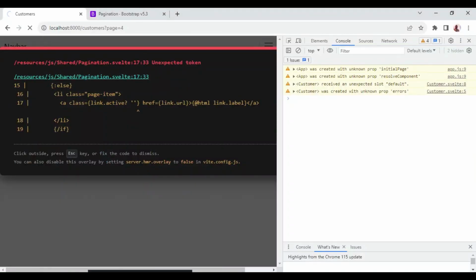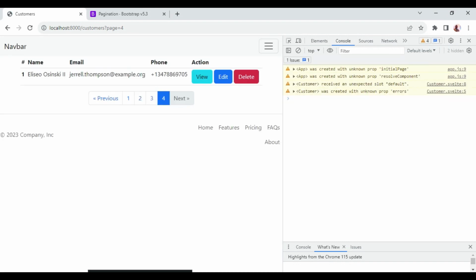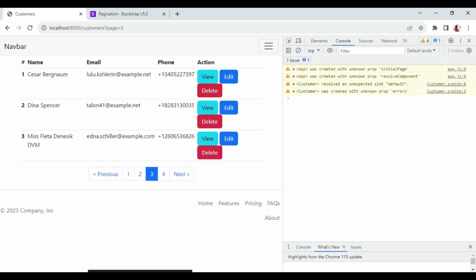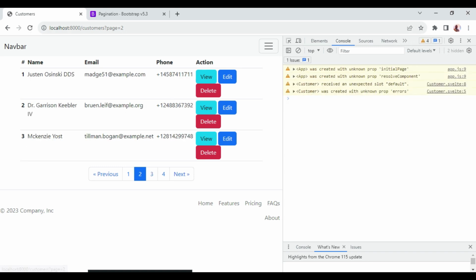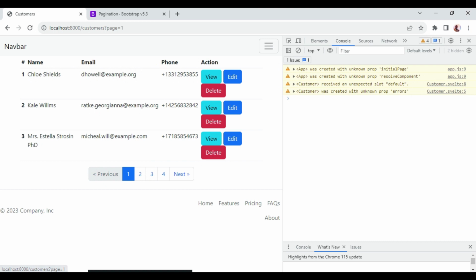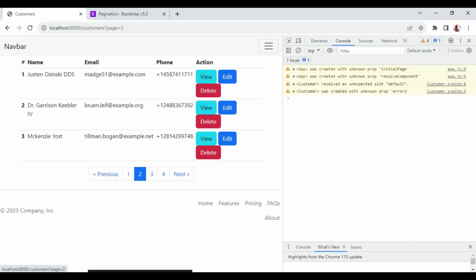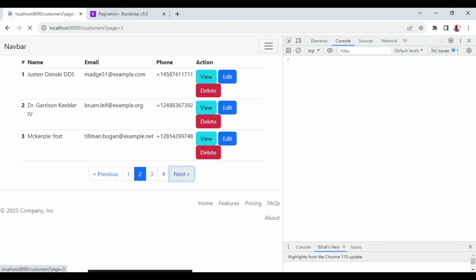We are having an issue. Oh, I think this was something that was there before. So now you can see up here we are in page 4, and 4 is active. When I click on the third pagination, also page 3 and 3 is active. When I click on page 2, 2 and 2 is active. When I click on page 1, 1 is active, and here is active. Even if I click on next, it will just show that page that we have moved to, like that,